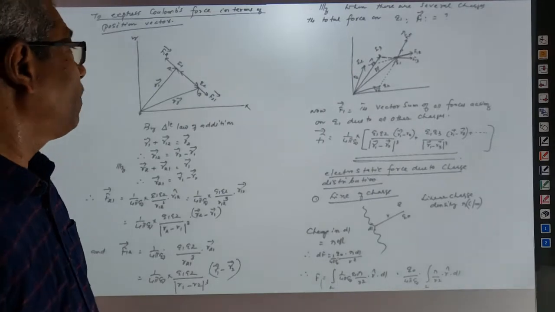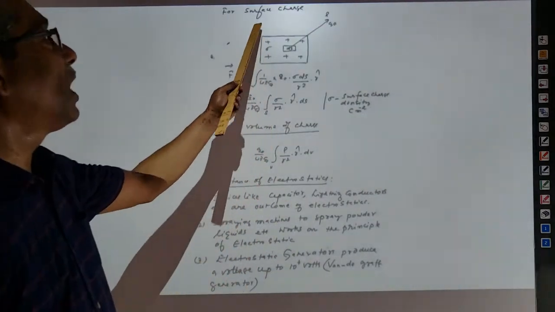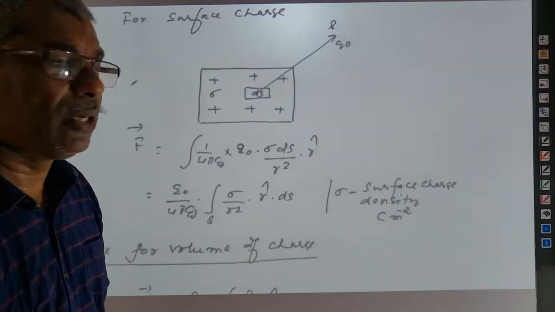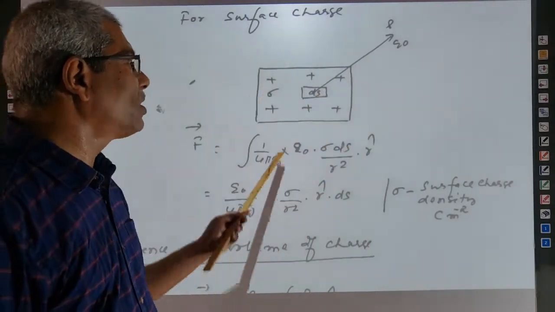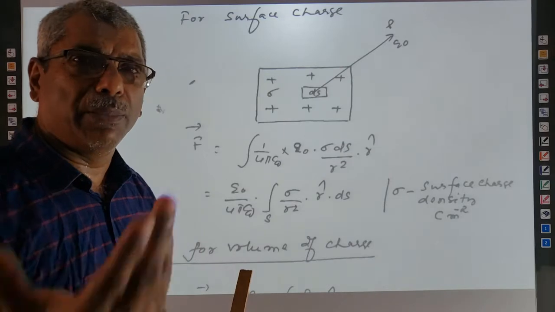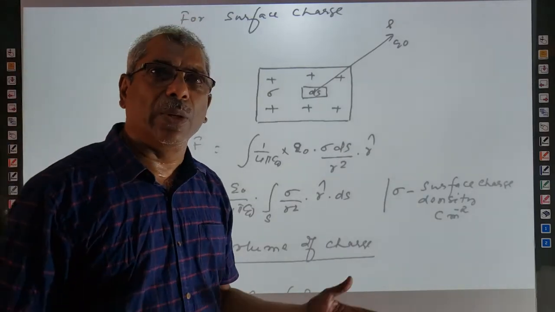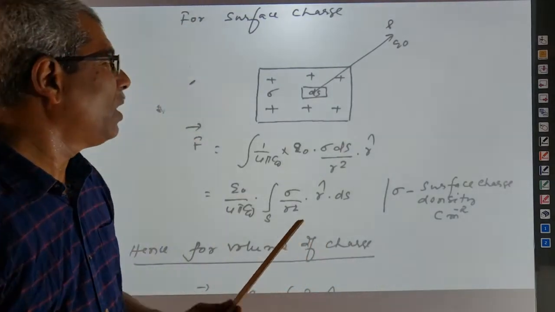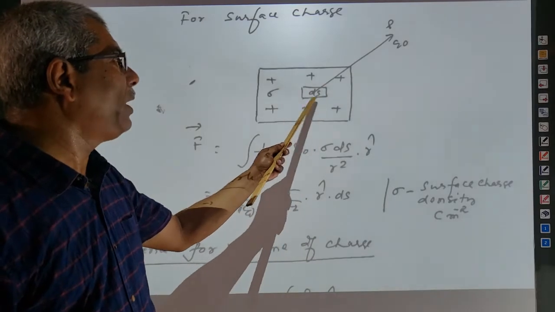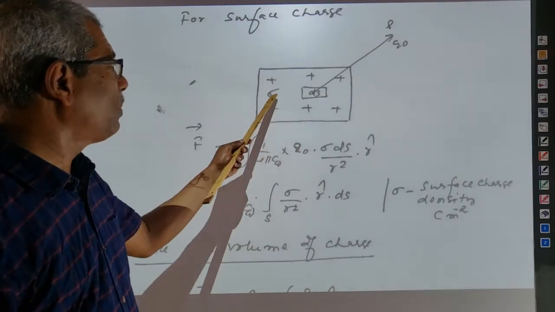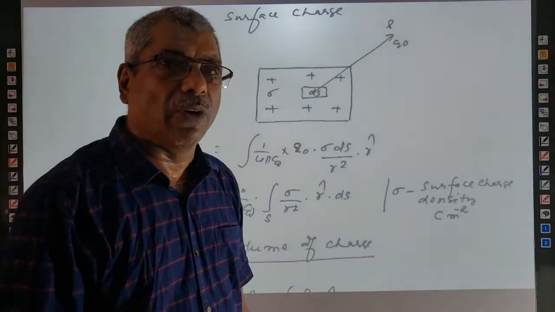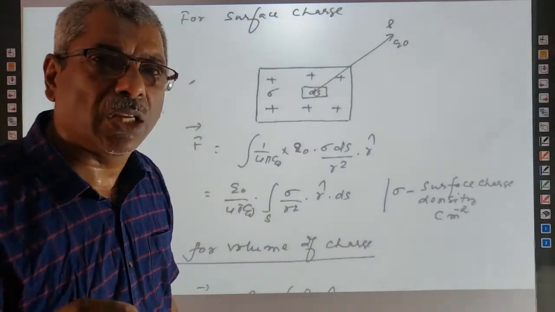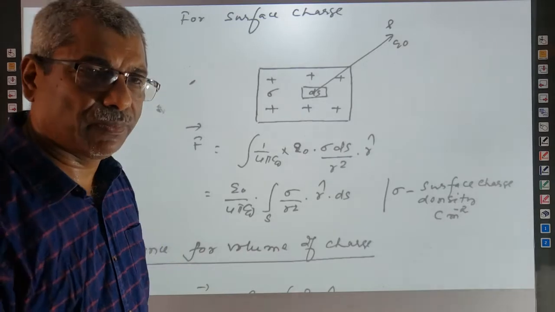The next is we are coming to the surface of charge. The figure shows a surface of charge. This rectangular surface, a lamina, is given charge and the distribution of charge is uniform, and we are taking a small area out of this. Sigma is marked as the surface charge density. Surface charge density means the amount of charge present in unit area.